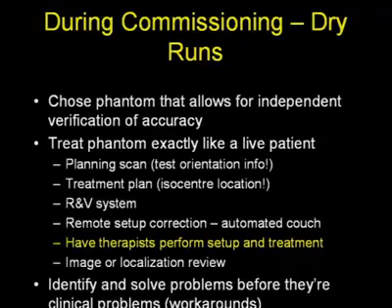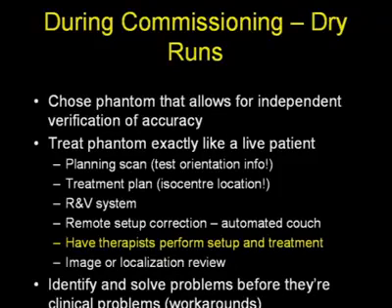However, the crux of commissioning, in my opinion, is to perform dry runs using the new technologies, and typically involving phantoms that allow for independent verification of accuracy. So one selects a phantom. Doesn't need to be anything fancy. A lead ball bearing on a cup of styrofoam can do quite nicely in a pinch, although it may lack some orientation information. So people can use either that simple approach or some of the commercial phantoms out there,